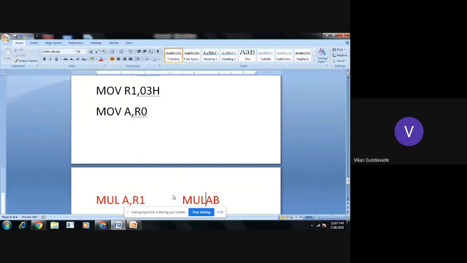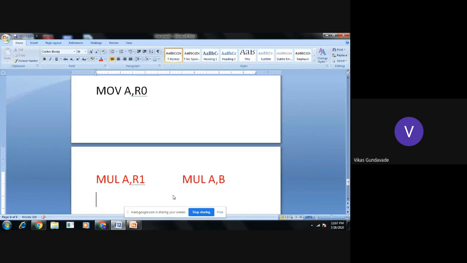What does it mean? We can only multiply the numbers available in the accumulator and the B register. So the first number we have transferred into R0, and the second number we need to transfer into the B register, so the instruction will be MOV B, R1.